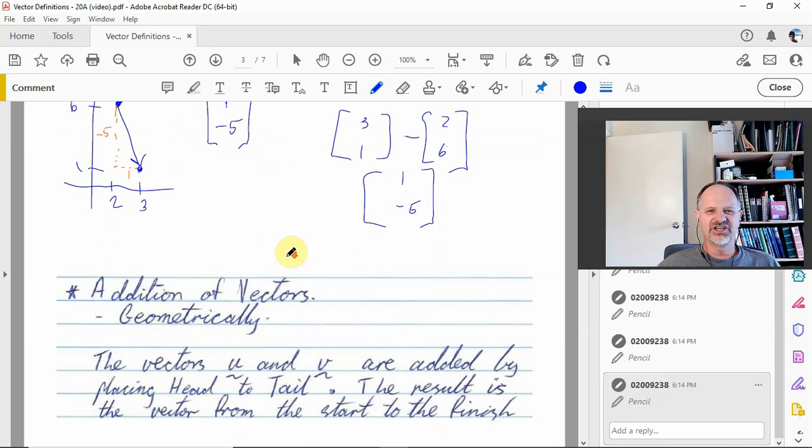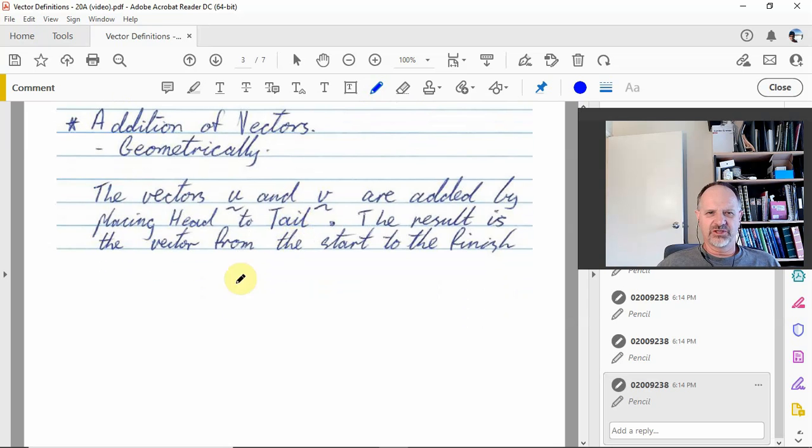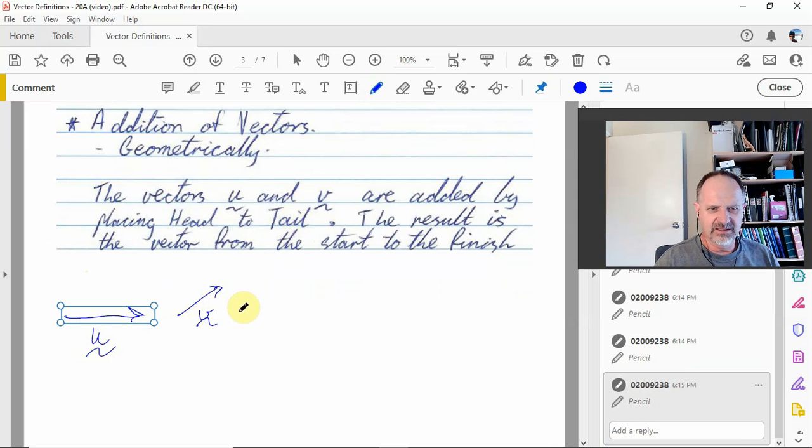So addition of vectors. So geometrically, we can draw diagrams of those vectors, and then we can have a look. And it says here, vectors u and v are added by placing head to tail. All right, so here's my vector u, and I'm going to make that one then vector v. It says we place them head to tail. So if I'm going u plus v,